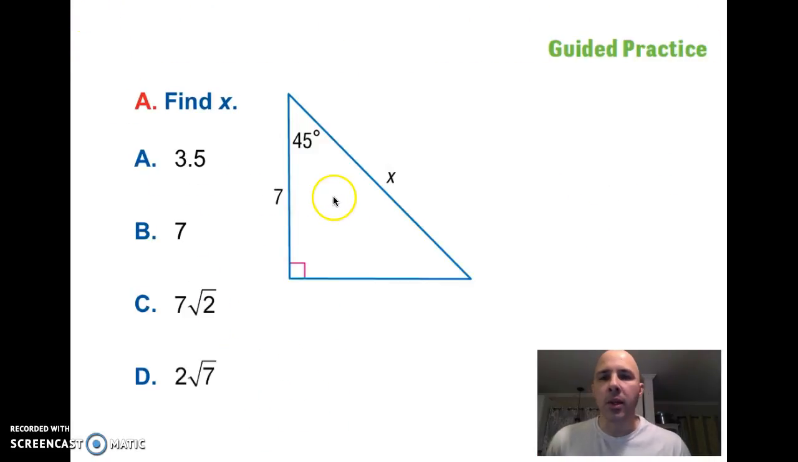Alright, so my favorite part of the lesson, this is your chance to shine. This is guided practice. Letter A, you got to find X. And here goes some of the values. Again, don't forget to label